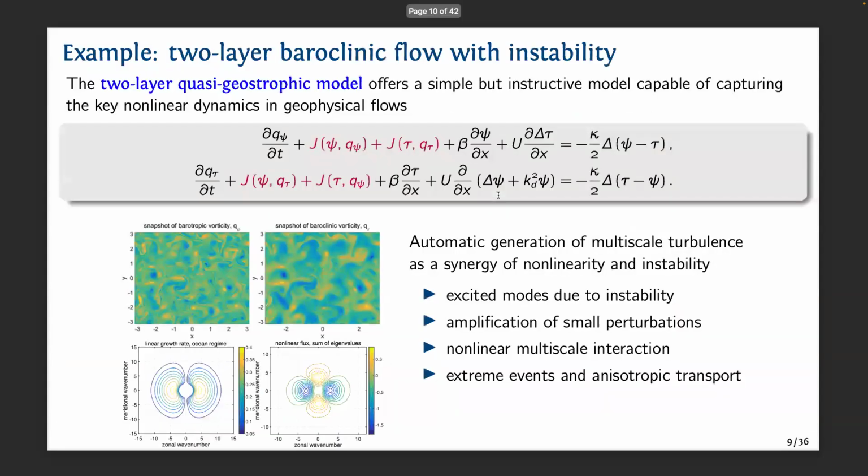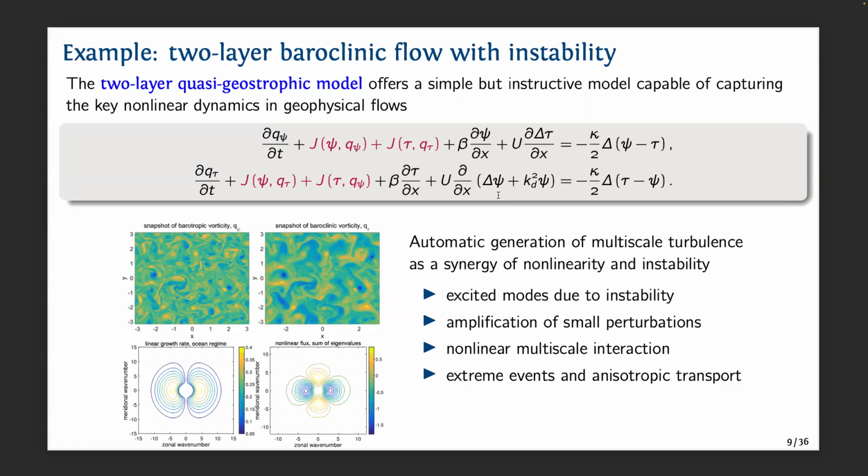Oh yeah, so here I just want to give you one example. This is a so-called two-layer quasi-geostrophic model, but it's just derived from the two-layer shallow water equation, and it's from very similar mechanics.